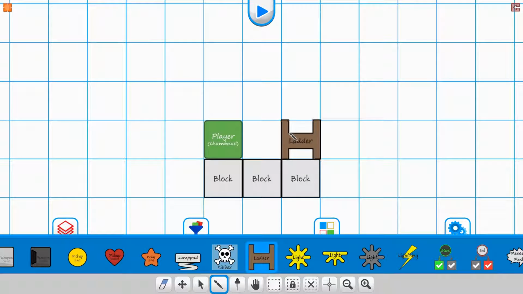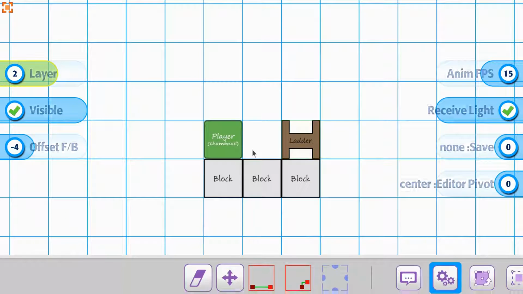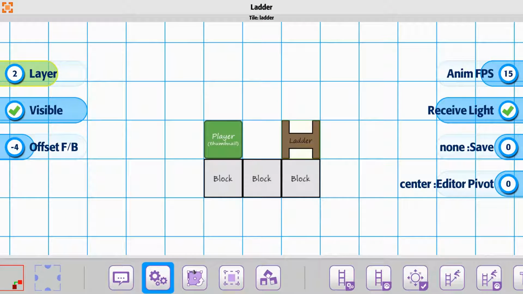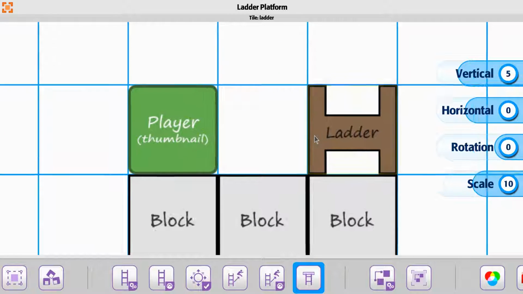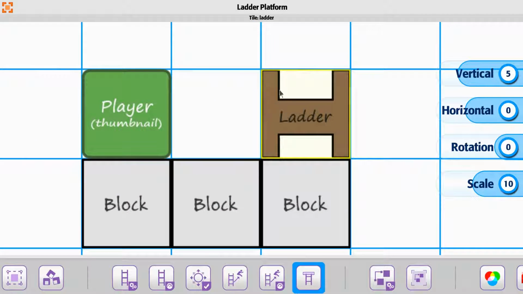Let's put the ladder in. We'll take one more look at the property for it. It's going to be the platform, the top part. So when the player gets to the top of, let me zoom in here so you can see it. When the player gets to the top of the ladder, notice that he'll get up there and he'll actually stop